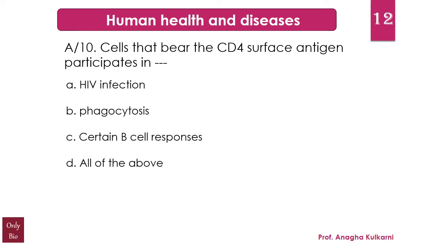Now why are they called helper cells? Because one of their main roles is to send signals to other types of immune cells, including the CD8 killer cells, which then destroy the infectious particles. Now another interesting thing is, if CD4 cells become reduced or depleted, for example, that may happen in HIV, or it may happen because of immune suppression that occurs prior to a transplant. In that case, the body becomes susceptible to a wide range of